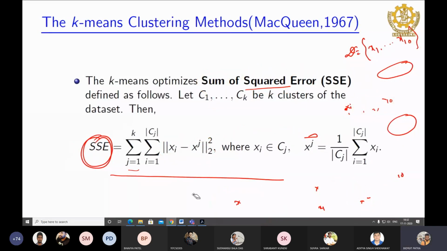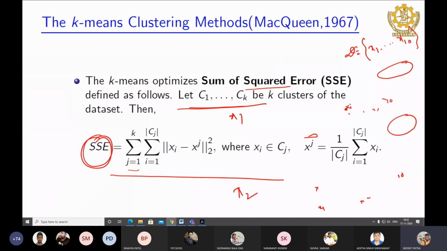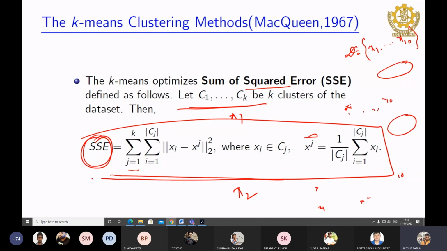So here we are assuming we have k number of clusters, we compute the sum of the square error, and we have to find such k wherever you will get the minimum SSE value. That means you should have multiple clusterings. So this is one clustering. Out of these clusterings, whichever gives the minimum SSE value, you will choose that as the final output of the k-means clustering. So how do you achieve this target? The target is we have to minimize the sum of the square error for the k number of clusters.